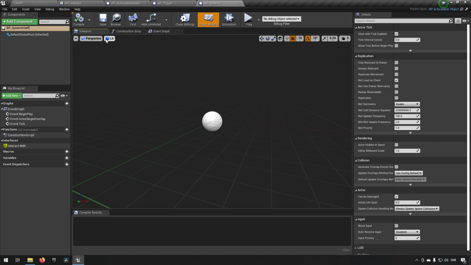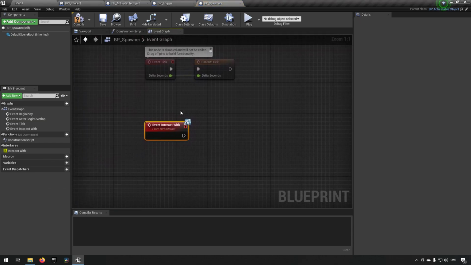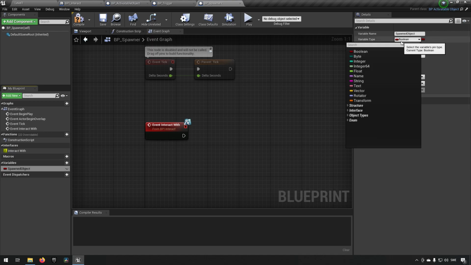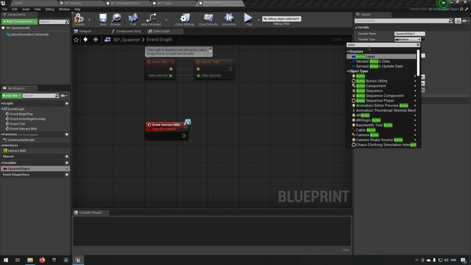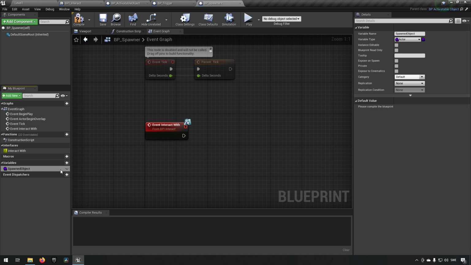Now our spawner is going to do a very simple thing. It's just going to have an implementation of the interact with event, and from that we're just going to be spawning an object. So we're going to make a variable. We can call this a spawned object, and we can make it of a type, let's make it of an actor. Let's see, we have actor over there, and let's call it a class reference. So we will have a class reference over here, and we'll say